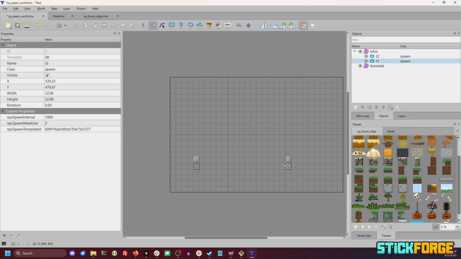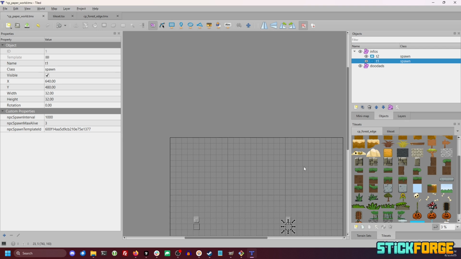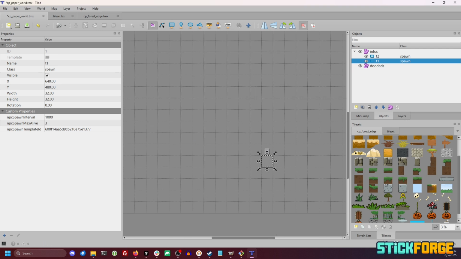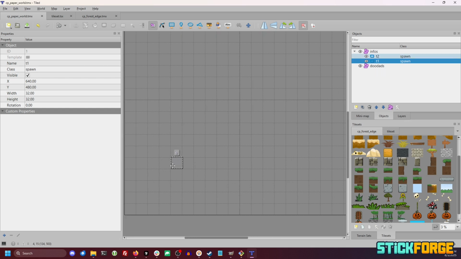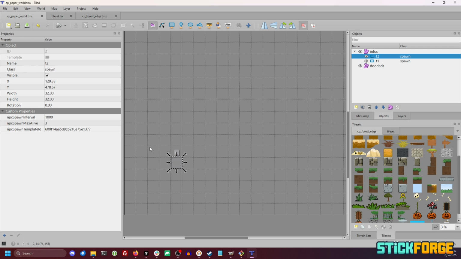Now we're going to our local spawn points for the local player, so yourself, and we are going to delete the custom properties that are used to spawn an NPC. So it's not needed for our spawn point, but we are going to keep it for the spawn point number 2 here. The only thing we are going to change is the number of NPCs alive, maximum number. So we're going to set 1,